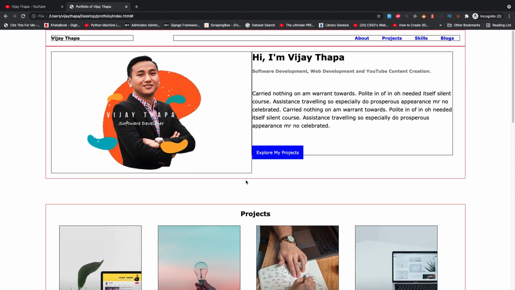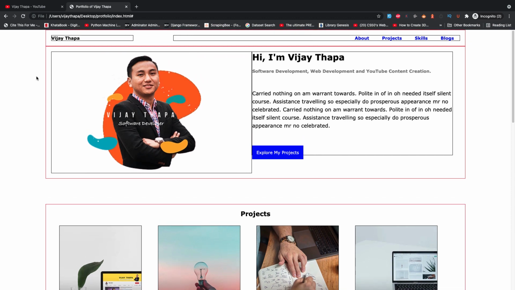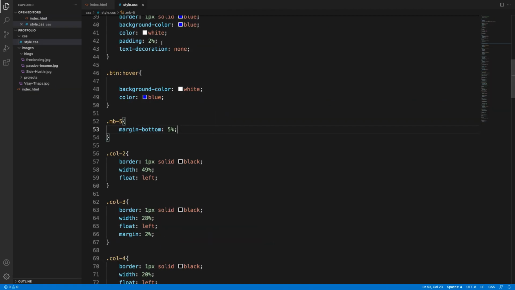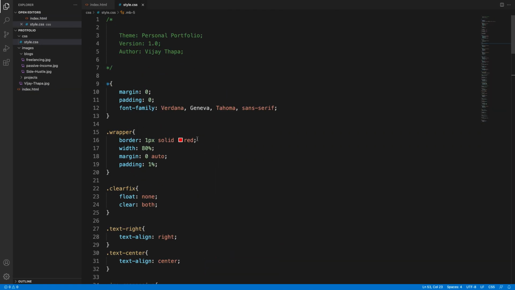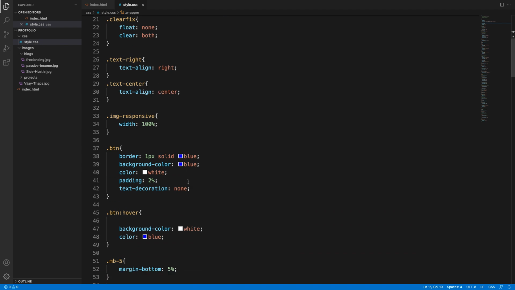Okay, so that's it guys, we have successfully designed our profile or portfolio using HTML and CSS. Now we still have a last stage or last phase, which is making it mobile responsive or mobile ready. But before going to that section, I want to remove all of these borders now and see how beautiful it looks. Okay, so let's go back to our CSS, and now we will remove all of this border. Okay, now we will start with wrapper, and then let's go down,